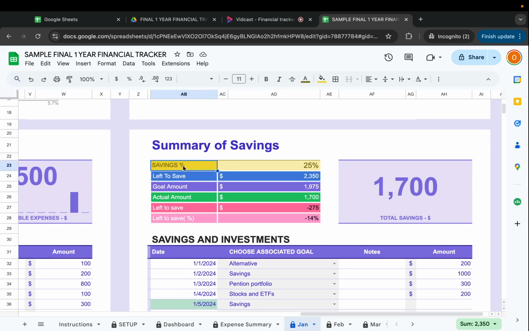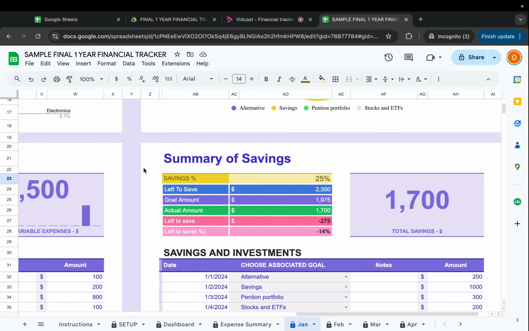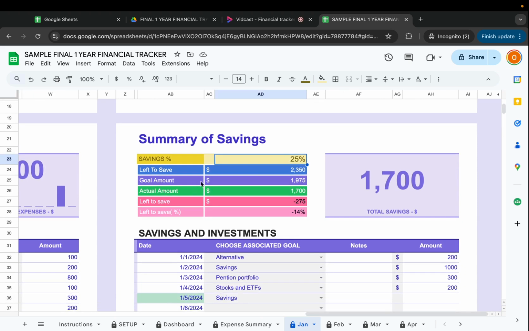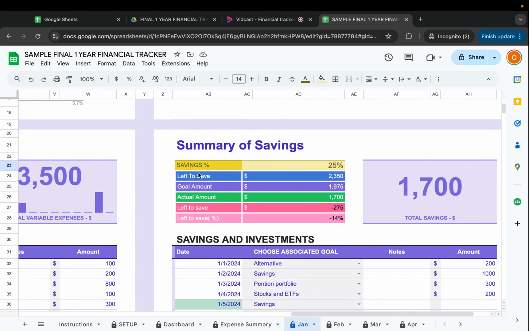So based on the percentages you have entered here, it was auto-calculated that your goal is to save 1975, so that's the goal amount. But to make it easier for you, sometimes we are good. We did not spend what we were predicting to spend. So what does left to save mean? Left to save means that